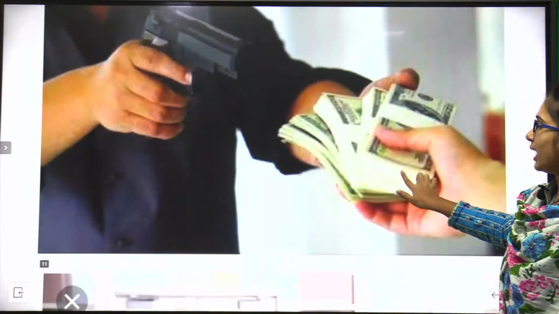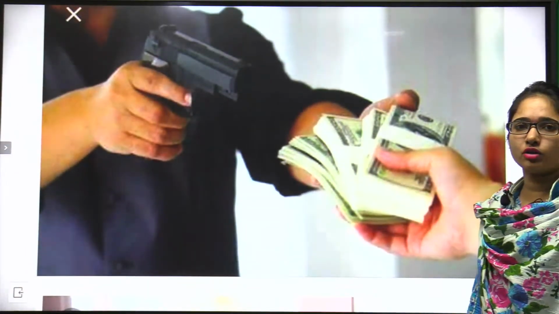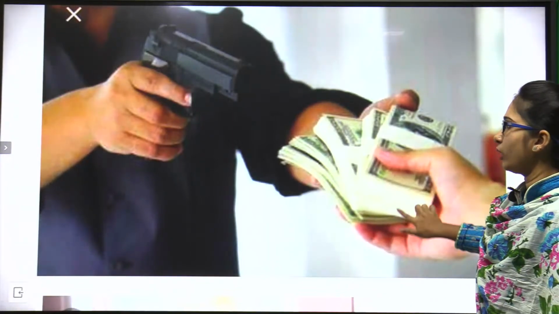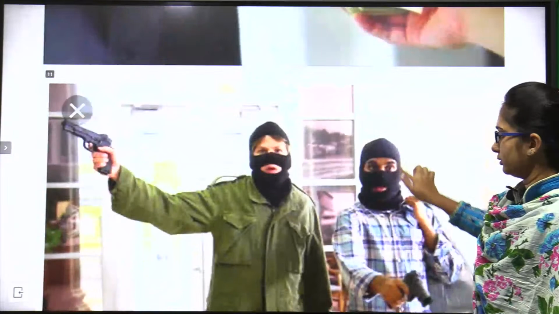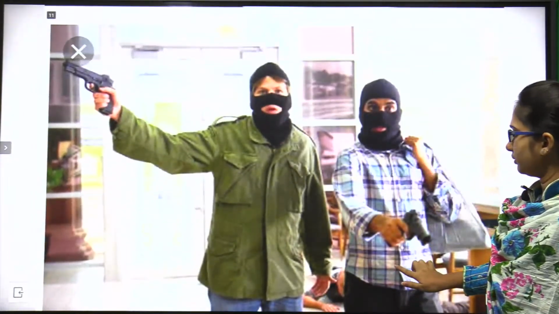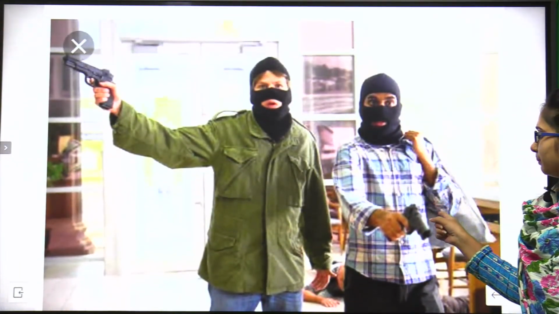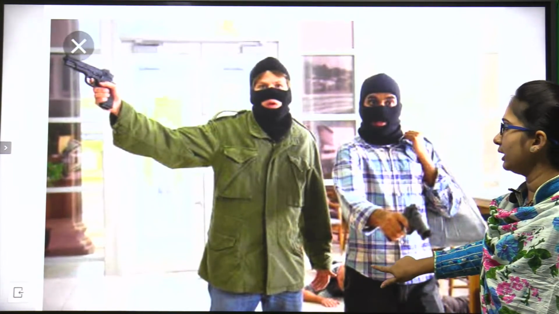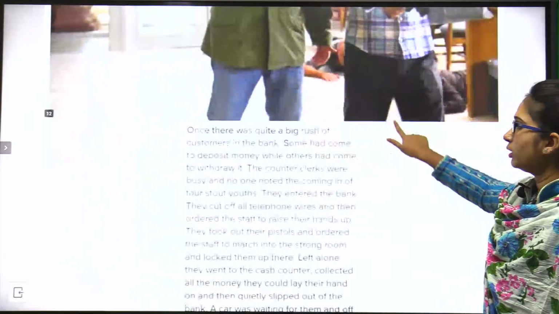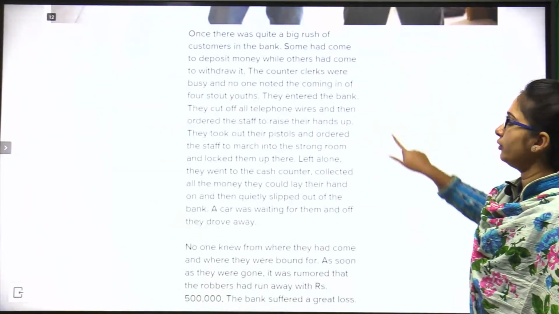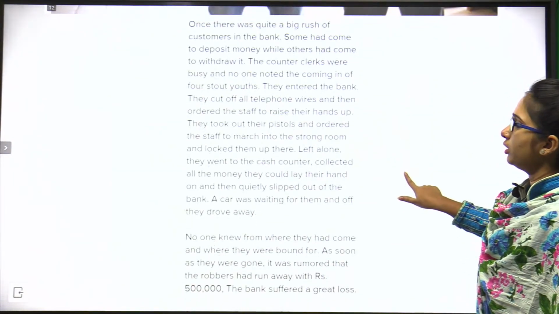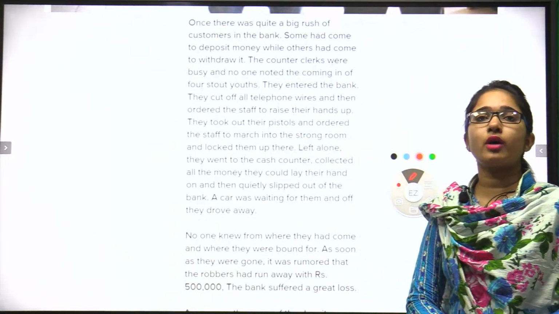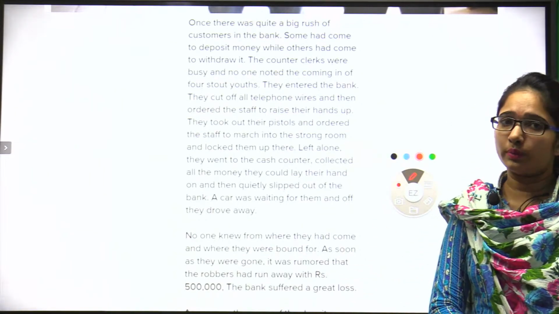There are some more pictures. He is asking for the cash. They have given him the cash, and they have filled the bag and gone far away from there. See this? They have a bag in their hand and a revolver. They are carrying the money in it. Now, there is a description of this event, a description of this incident, a bank robbery.